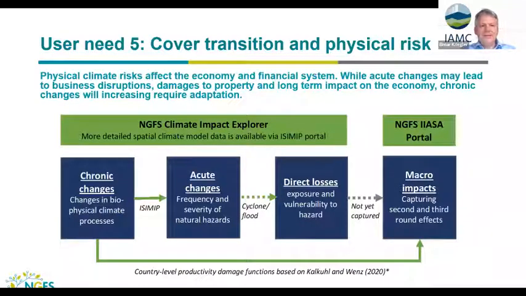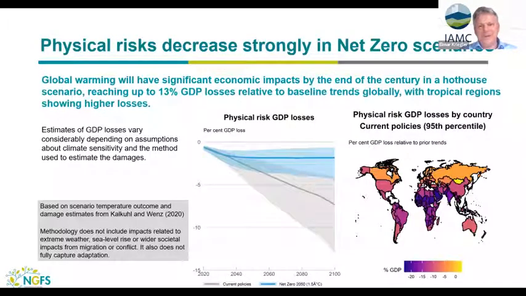Now I need to speed up. User need 5 is they really wanted us to cover transition and physical risk. So far we used the modeling frameworks to cover transition risk, and also had a branch of work which I'm not presenting here, where biophysical impacts were looked at for different temperature levels that we could link to the transition scenarios we did. But we had a shortcut and used the macroeconometric damage functions in the models to come up with damage estimates for our scenarios. And this is just an example for the case of the 1.5 degrees, the Net Zero scenario in blue, and the